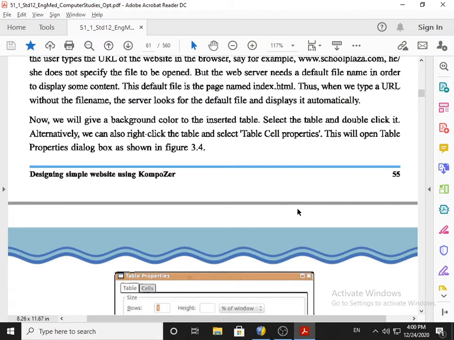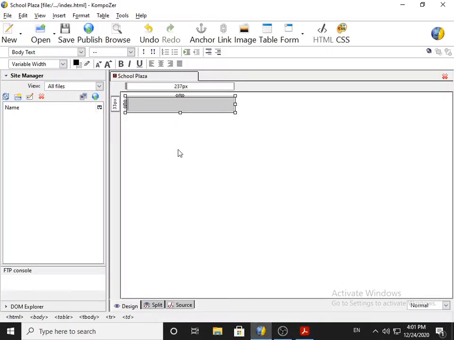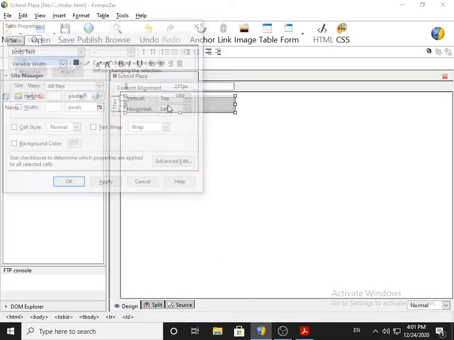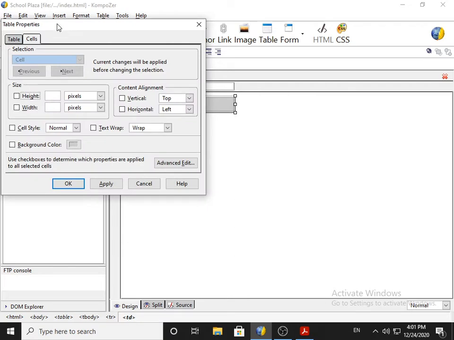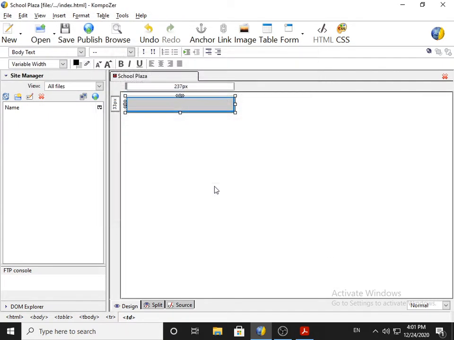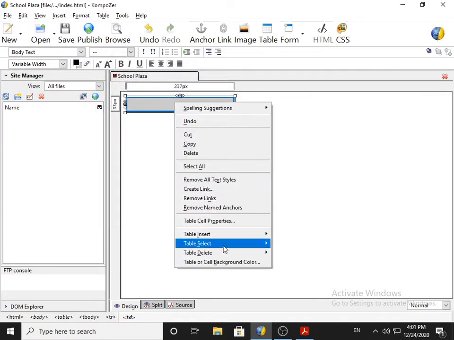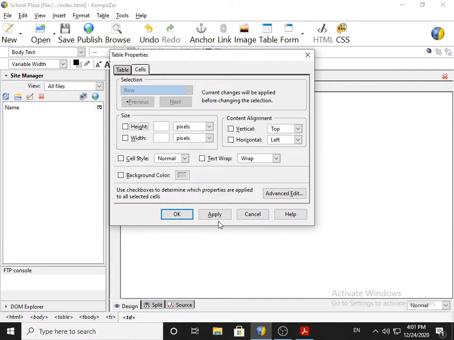Remember, there are two ways: right click and table cell properties, or else select the table and double click on it. For example, if I double click on it, then also this table properties comes. Or if you go for right click, then table cell properties here. So from here also you can change.